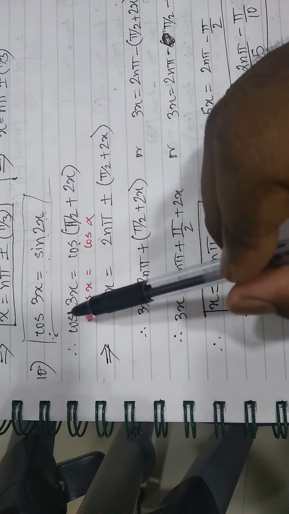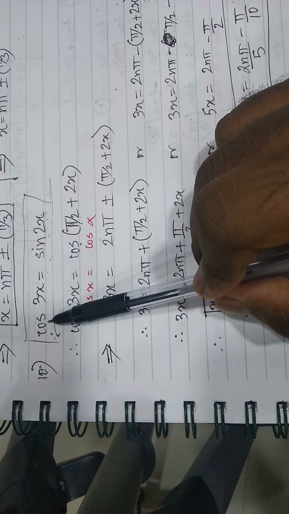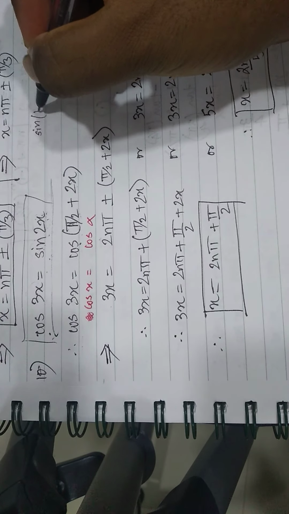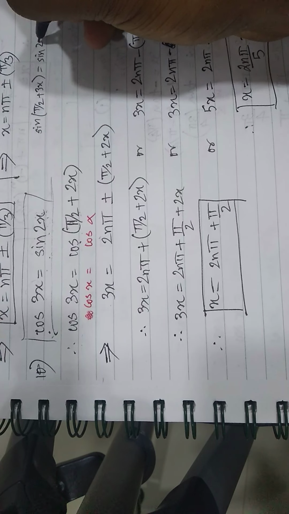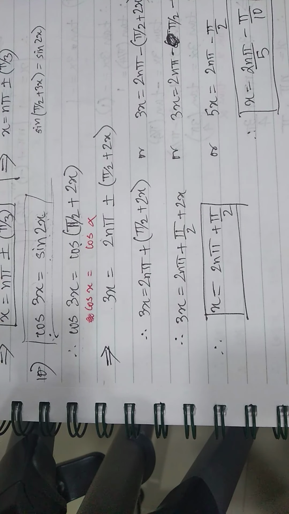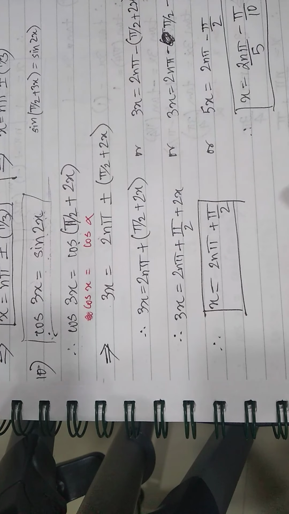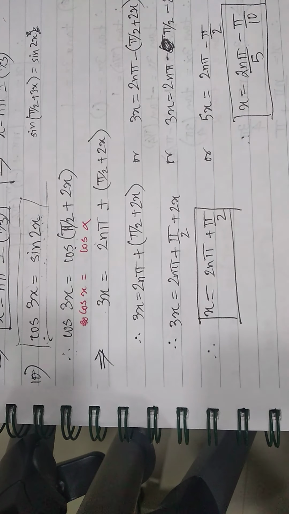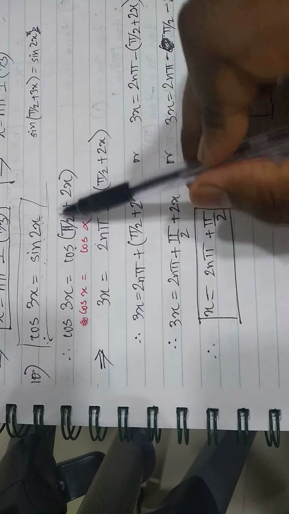So I could have done the same thing on the left hand side. In fact, I could have converted this cos to sin. How? It could have been of this form: sin pi by 2 plus 3x equal to sin 2x. Okay, I could have gone ahead with the same form. You can of course try to find the solution from here on by yourself. Just see if you will get the same answers. Okay, so that is something that you can take as a personal exercise. Alright, so I hope you understood these conversions here.